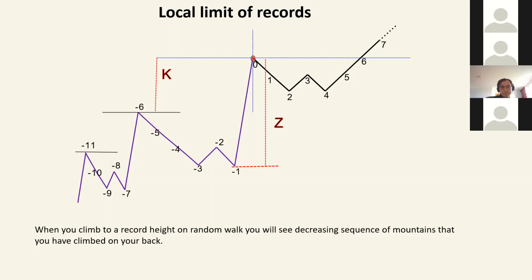What I did here is local limits, in the sense that if you move to the next record, what do you see, like the different records you have already moved through? What is the distribution of them? You could compute the gap between two records, which is what I call the genealogy of records. You see the first record here, the topmost record, and the next record is here. You could compute many functionals, like the gap between two records, and how much time it takes to get the next record. So all these things. Okay, thanks.